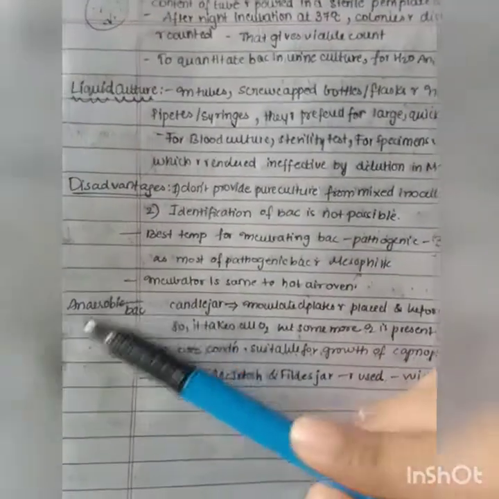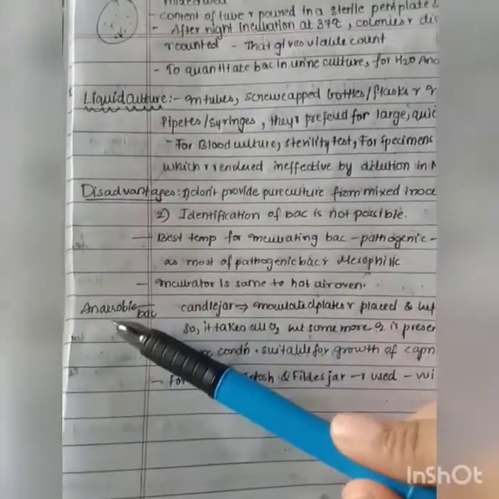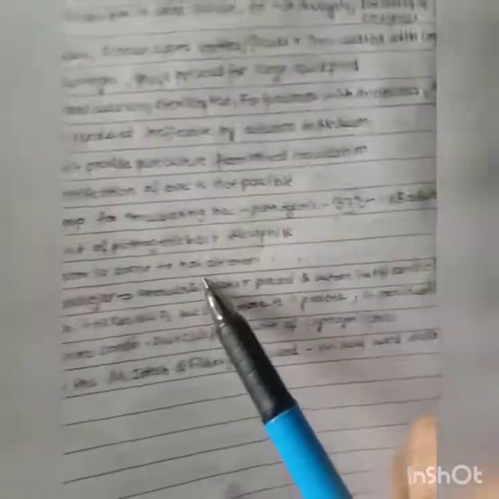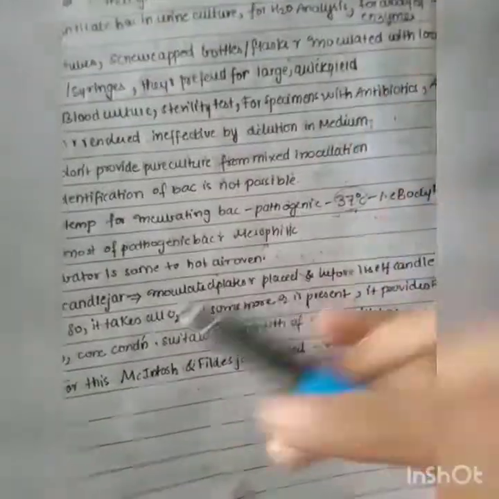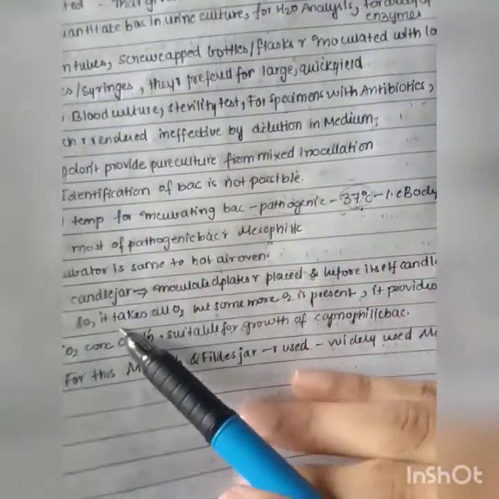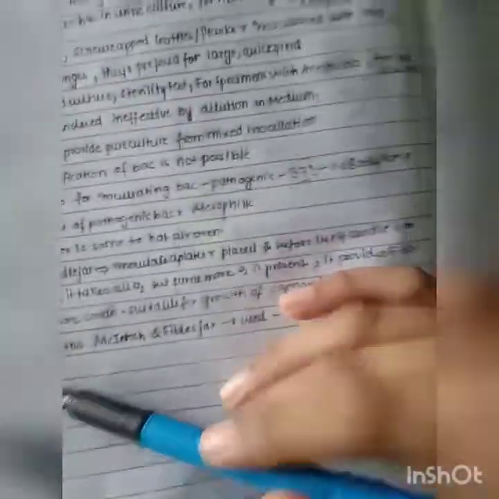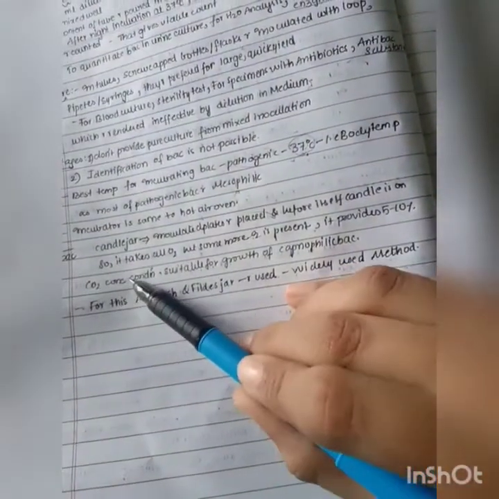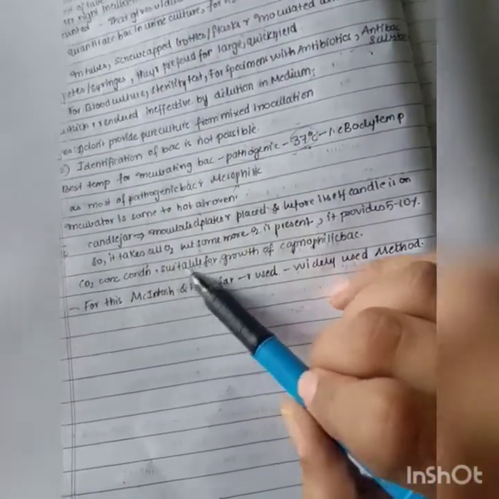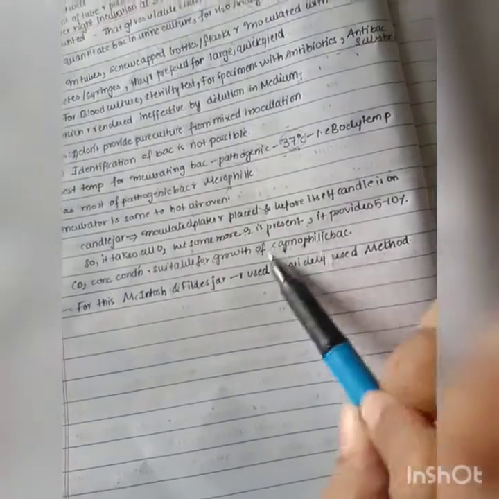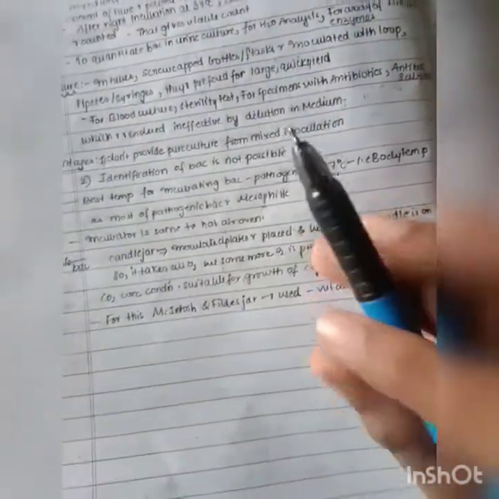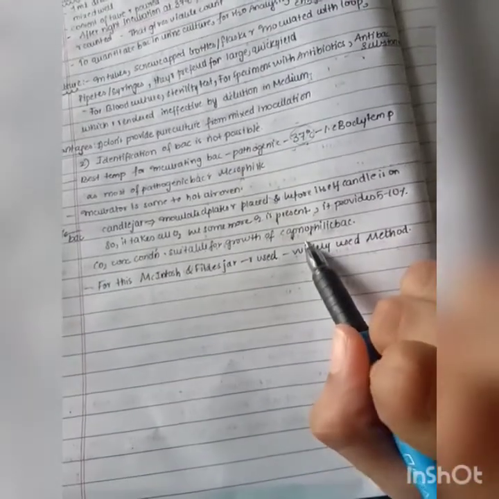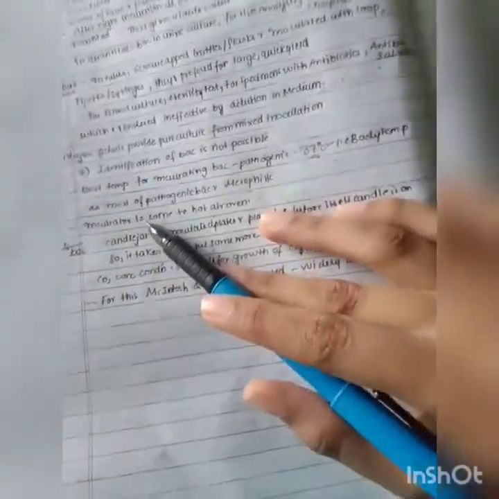And next we have the anaerobic bacteria. As the name says, anaerobic, they can't live in the presence of oxygen. There are candle jars prepared for this, but the candle jar is not proper, because it provides only 5 to 10% carbon dioxide, conditions which are suitable for the growth of capnophilic bacteria, but we can't say surely anaerobic bacteria. We know capnophilic means carbon dioxide loving bacteria, so it can't actually give the proper conditions.